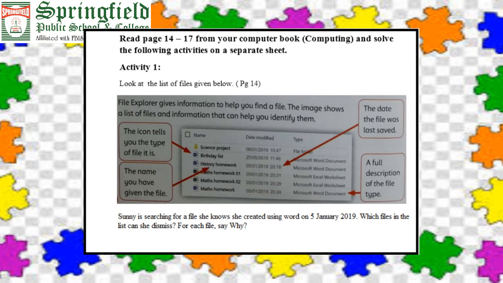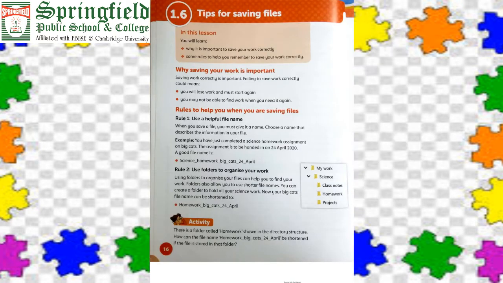We have already covered this in a previous lecture, in assignment number 3. Again, it's a repetition of your previous knowledge: the list of rules that help you when you are saving files. What are the rules you follow when you save files? First, name. Second, type of data. If you are saving, please try to save it in a proper folder, and give the file a name which identifies what it belongs to.